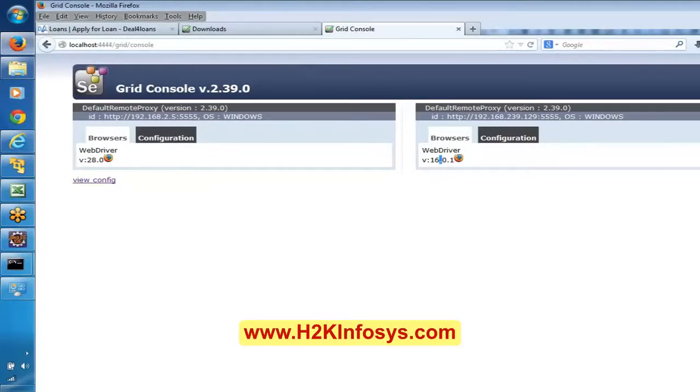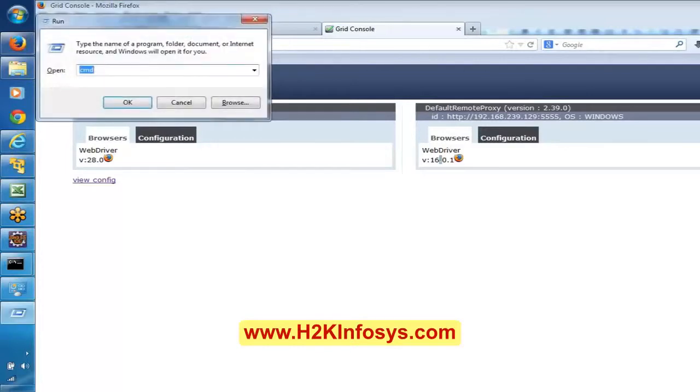One thing. The other use of desired capabilities is, if you remember in Internet Explorer, if you want to execute our scripts on Internet Explorer, I said you need to configure Internet Explorer options, right? Do you remember that option? That enable protected mode.